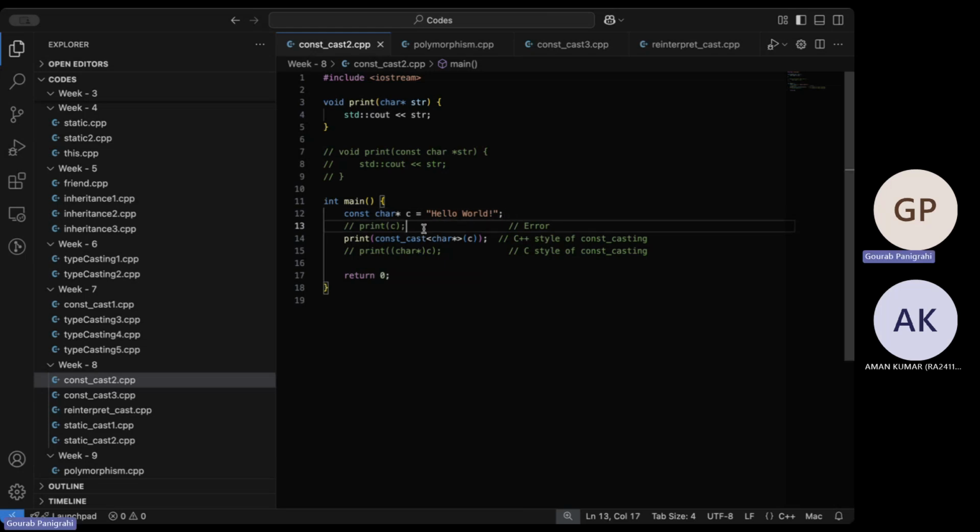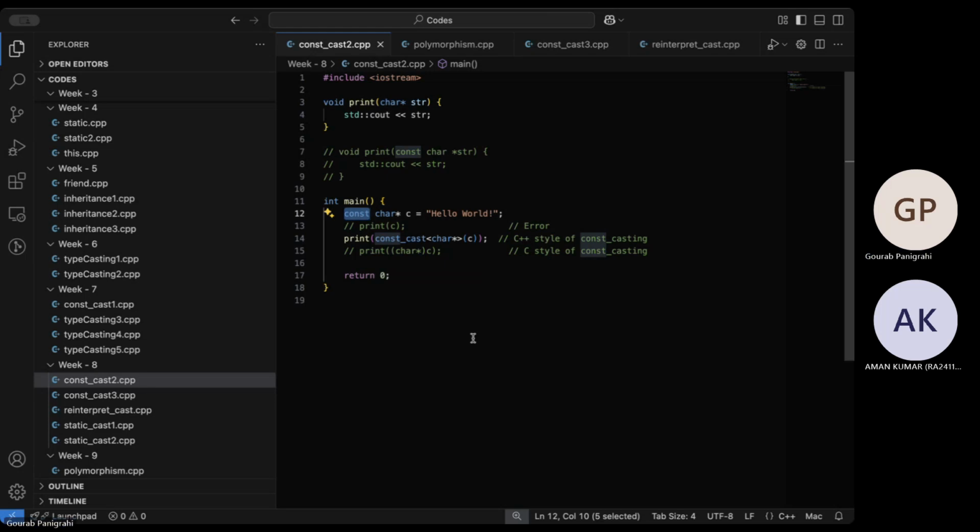If we try to print C, it'll throw an error because we can't pass a const character pointer to a character pointer. It demotes that. It's basically saying I have a string now which I can modify, and that is not allowed because this is already const.